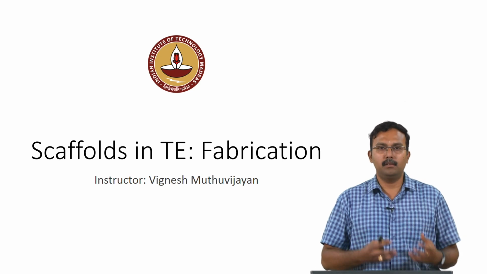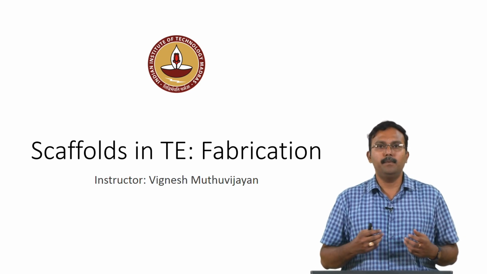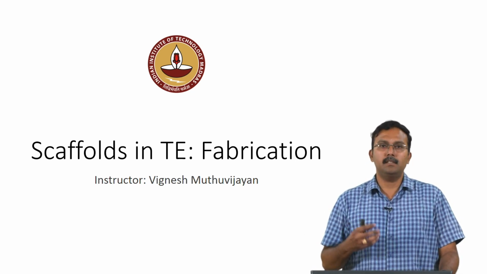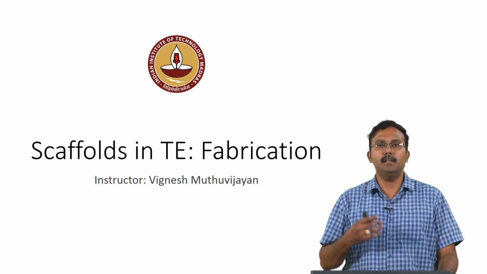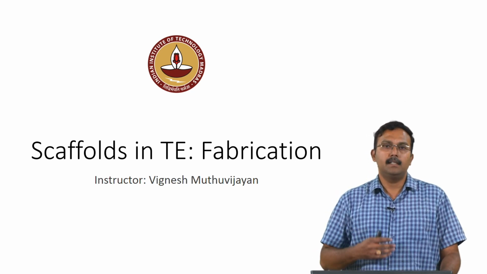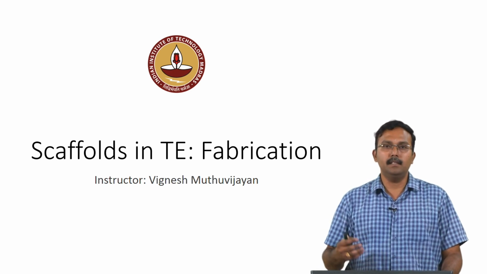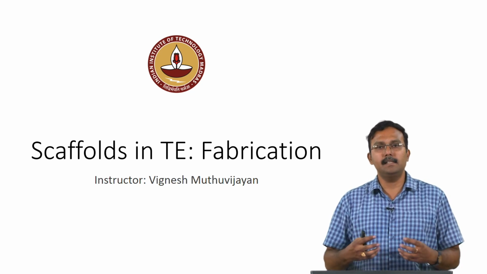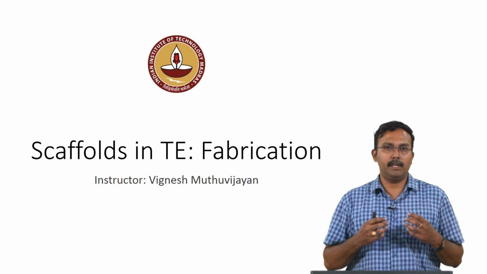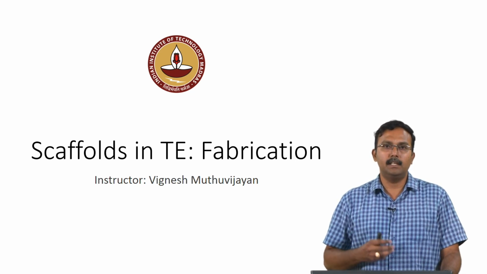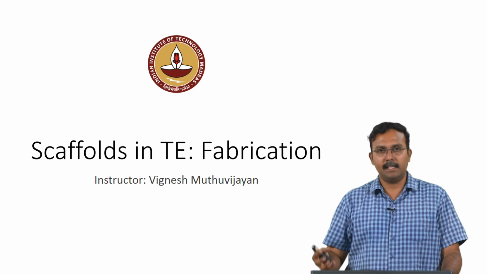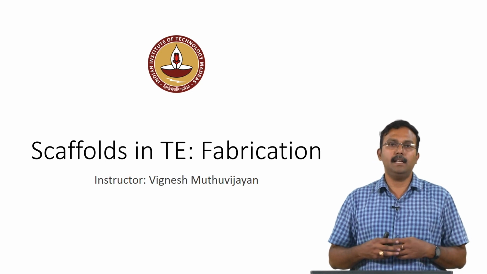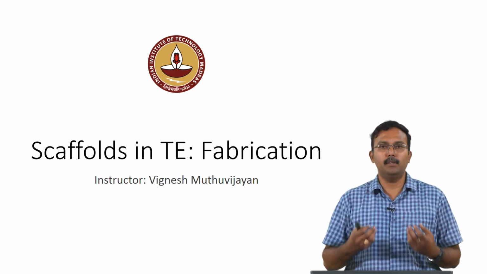So, as you all know from the previous lectures, we want to prepare a scaffold which can actually mimic the extracellular matrix. So, the extracellular matrix supports cells to adhere, grow, and it also provides cues and signals which help the cells to perform the way they do. So, this helps in making sure that the cells integrate to form a tissue. So, when we are engineering this tissue, it is crucial that we prepare a scaffold which can mimic the functionalities of the extracellular matrix. So, let us try and recollect what are all the properties that we look for.